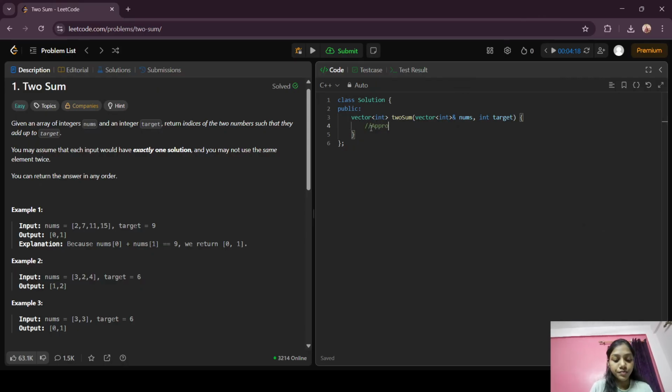Now let's come to solution 1. Approach 1, brute force. So what happens in the brute force solution? We are going to iterate 2 times. For i equals to 0, i less than nums.size, i plus plus. Again we are going to iterate, for j equal to